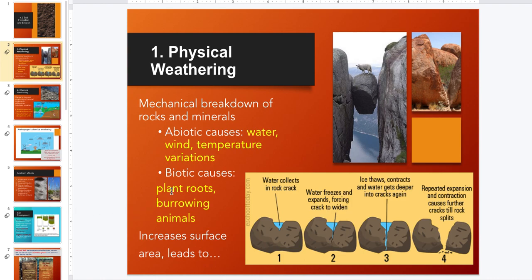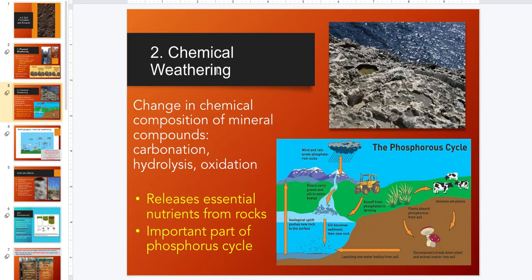Biotically, plant roots can do the same kind of thing where you're having plant roots grow into these little cracks and they push. Plant roots are fairly strong. The main purpose of physical weathering is to reduce sediment size, which increases surface area, which makes chemical weathering more